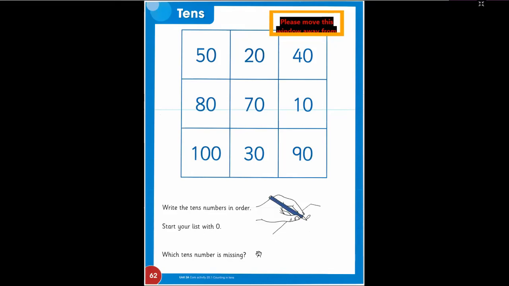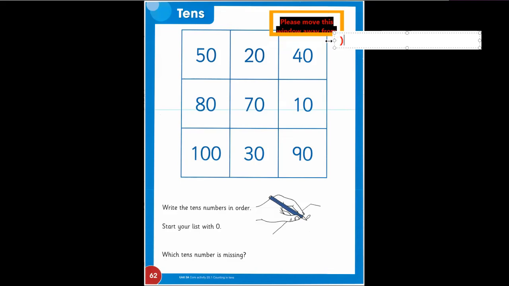So we have a question. Write the 10 numbers in order. Start your list with 0. List means from up to down. So write with me, boys. We are going to arrange these 10 starting with 0 till 100. And which number is missing, we will see. So 10 starts with